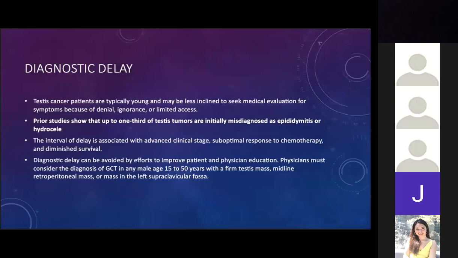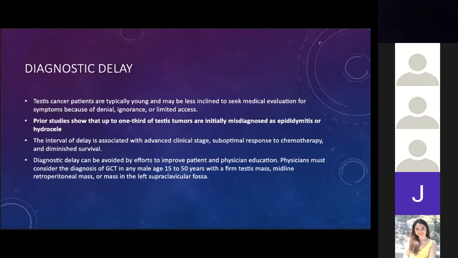And prior studies showed that up to 1/3 of testis tumors are initially misdiagnosed as epididymitis or hydrocele. And the interval of delay is associated with advanced clinical stage, suboptimal response to chemotherapy, and diminished survival. And diagnostic delay can be avoided by efforts to improve patient and physician education. And physicians must consider the diagnosis of GCT in any male aged 15 to 50 years old with the firm